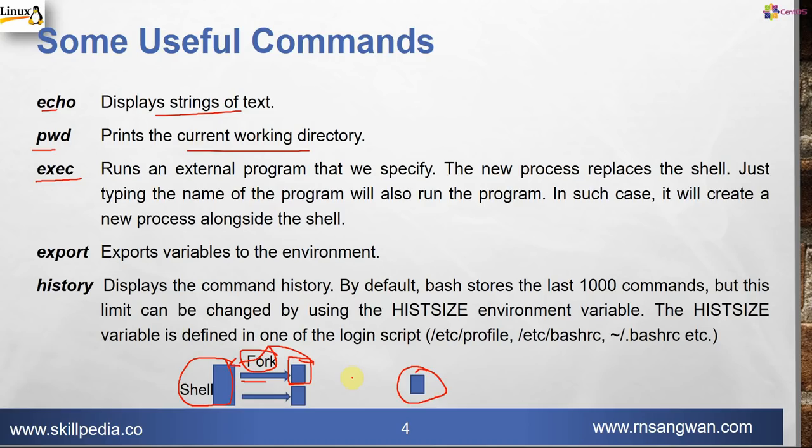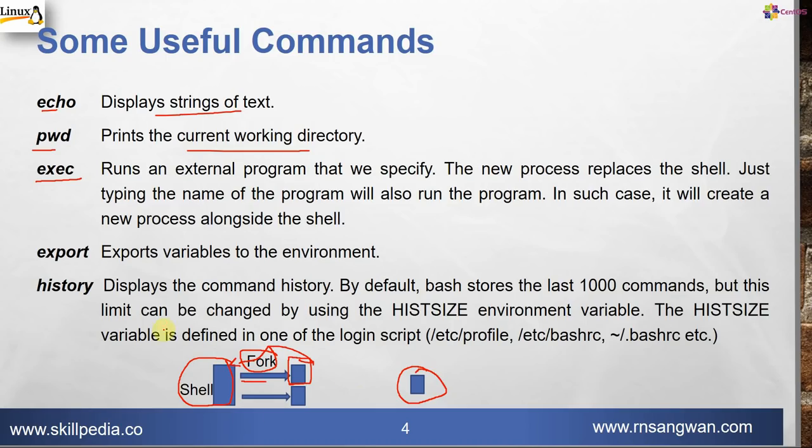I will demonstrate this, but export basically, if I remember, I just explained one example of a variable a is equal to 10. If you put export before that and you go to another shell, like I just switched to sh, that is the Bourne shell, and you try to get the value of the variable with the echo command, with export you will be able to get that. Otherwise the value of the variable a is not available inside any called shell.